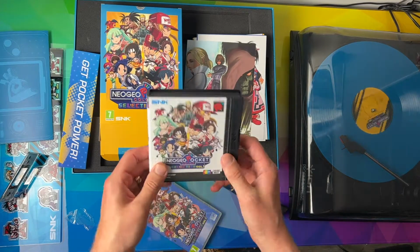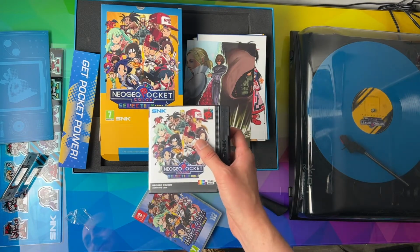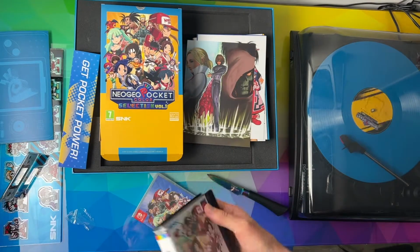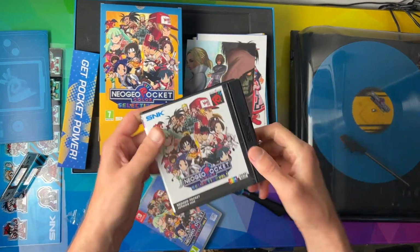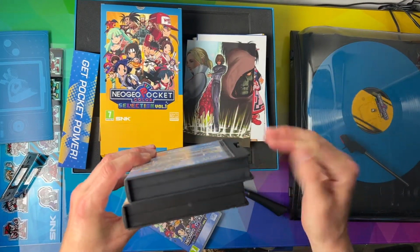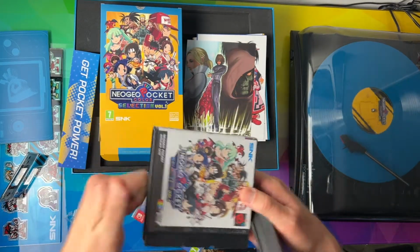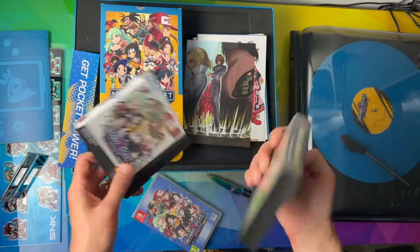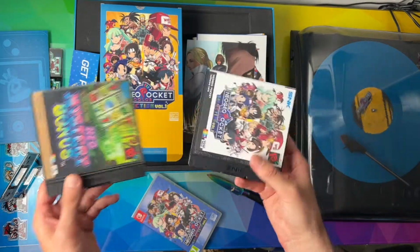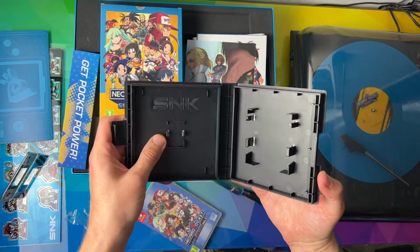Right, so let's have a look at this mock-up case. So like I say, it feels a bit different. It's got more of a smooth effect to it, whereas the old games have got more of a textured feel to the actual case in there. But the actual SNK box is very much spot on. I don't know if they've just, well, they must have had them remade. The plastic feels a bit cheaper, if that makes sense. It doesn't feel as weighty. Obviously there's manuals and stuff in there, but you can just feel it from the way that the plastic feels. But it's still a pretty cool addition to have a bit of a replica